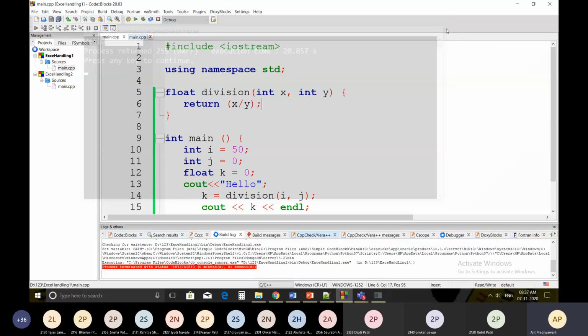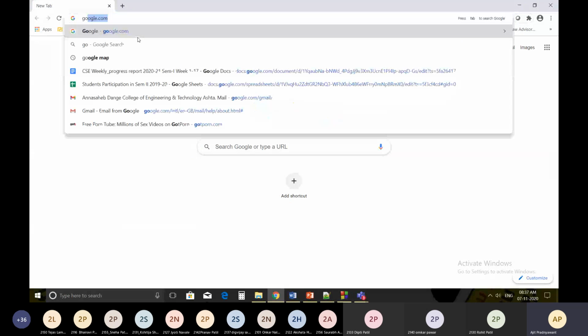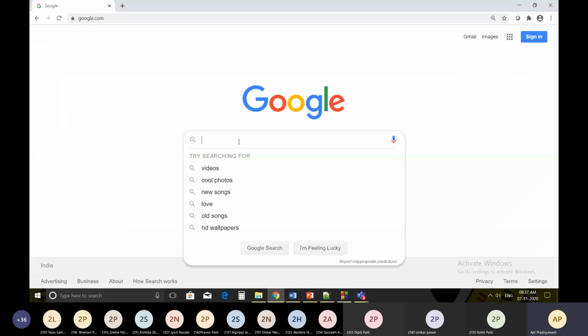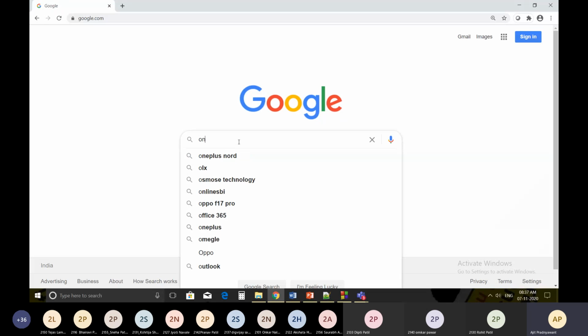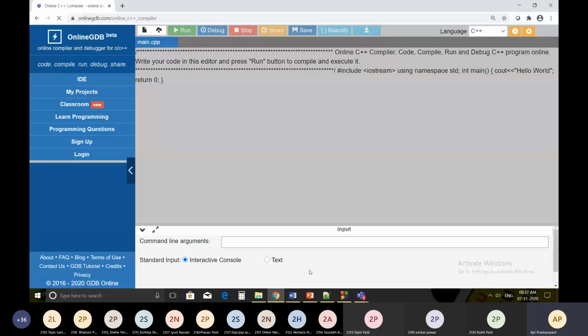So I will show this code on the online editor. Sorry. So go to Google and search for online CPP compiler. You will get this compiler. And the same code I'm going to copy over here.